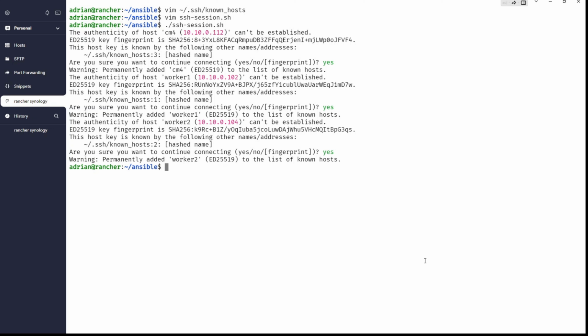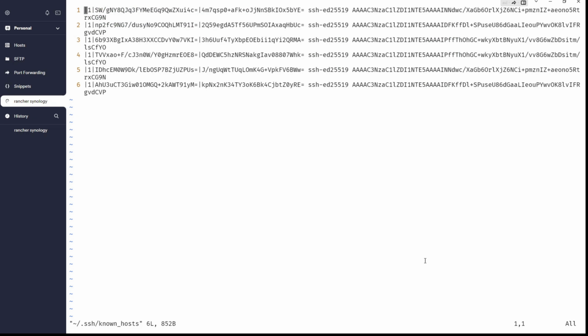So earlier I was adding it the first time to this file just because I wanted to be sure that entries in this file for SSH session will be added automatically without typing yes all the time. So you can use it this way I provided, and I will get rid of this,